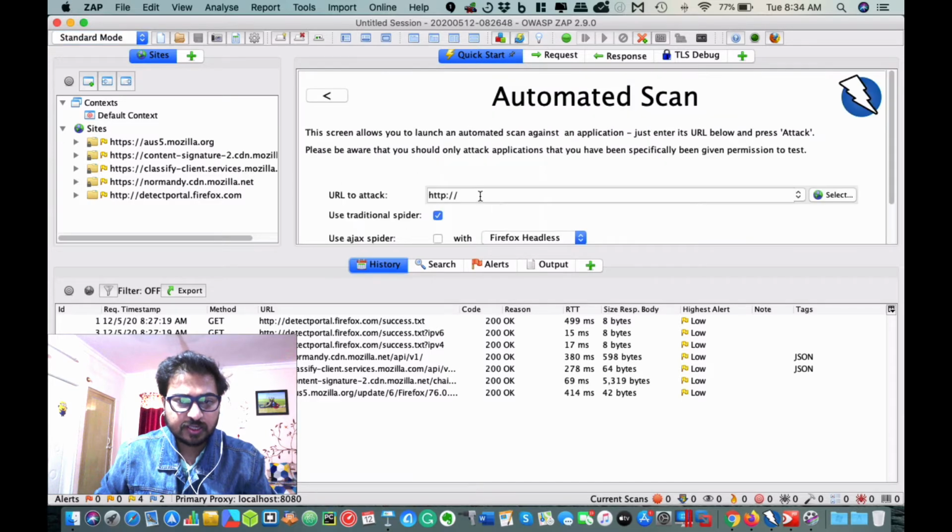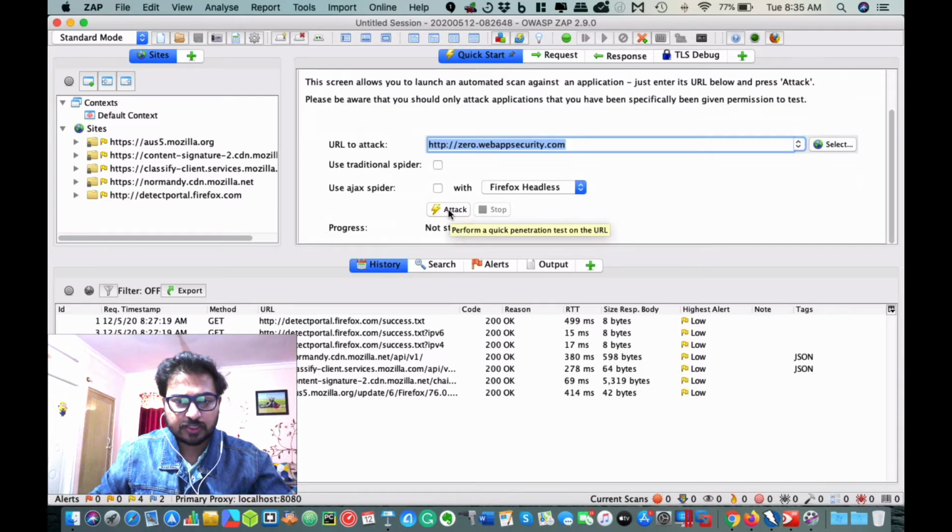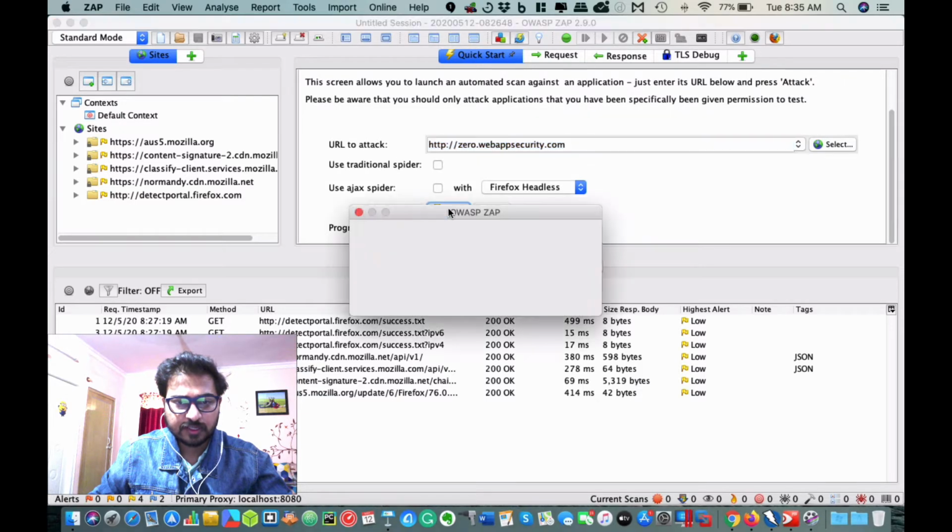So let me just click here and type any URL, 0.webappsecurity.com. So you can use the same application that I have taken here. If you want to practice with me right now, you can go to the automated scan and simply type this particular URL for attack. Now I just go here and click on this button, attack,